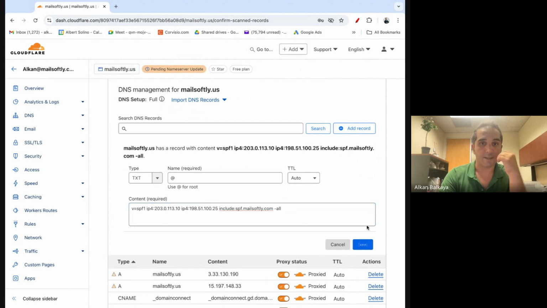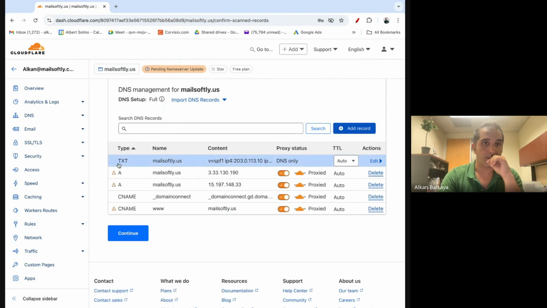So let's say that we're just going to do this, and it just created this TXT record for us. And yeah, so we can continue on recording the other ones. Let me just check what we have. So this is the SPF that we just created. So right now what we can do,